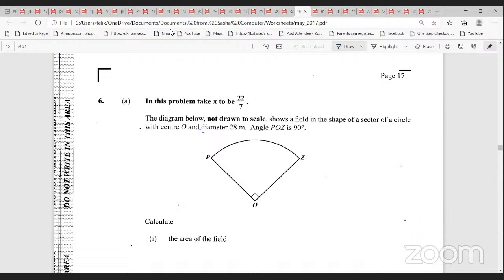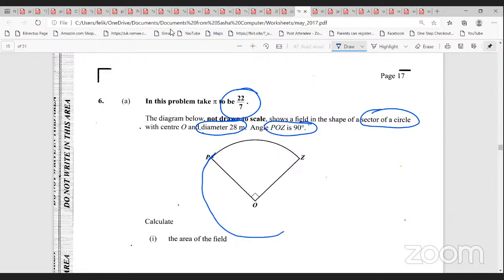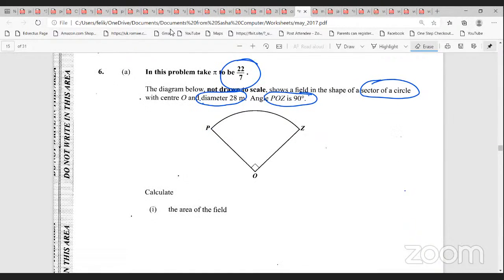So in this problem, we're using pi as 22/7. Good. And we're looking at a sector of a circle. And they gave us the diameter is 28 meters. And the angle of POZ is 90 degrees. So this is a part of a circle, not the entire circle, but just a part of the circle, right? So they have taken out a part of the circle, and that is the part that we'll be finding the area of for the first question, all right? So in doing that,